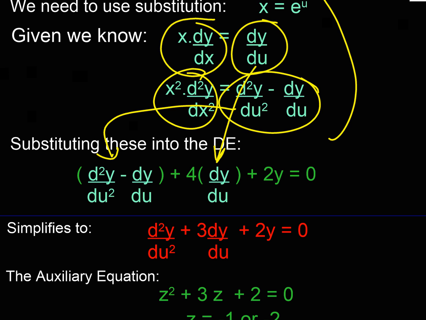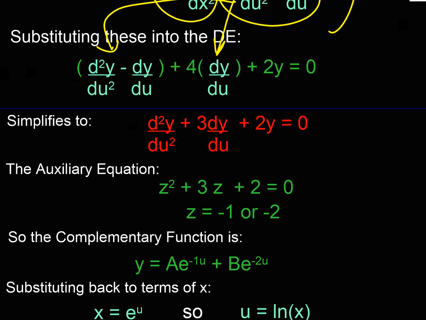There we go. So if I now try and tidy this equation up, well, I've got a d²y by du² there. I've got two terms with dy by du. Here's a +4 as a coefficient and a -1. So I end up with 3 dy by du, and this final term doesn't change. What have I got now? I've got a nice, well-behaved second order differential equation, and we know how to solve that using an auxiliary equation to